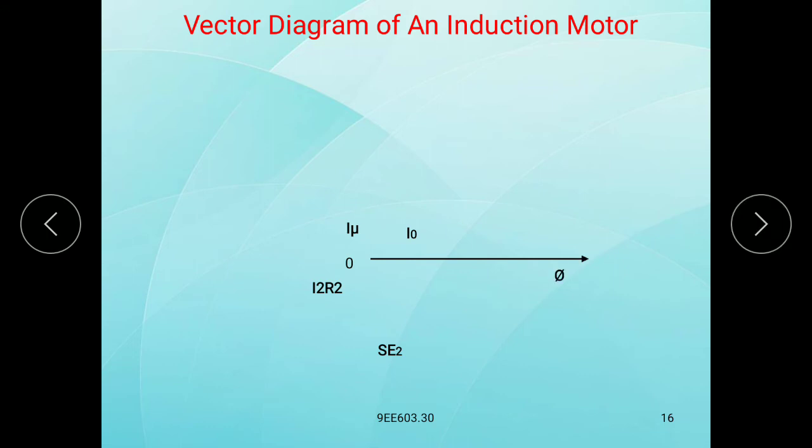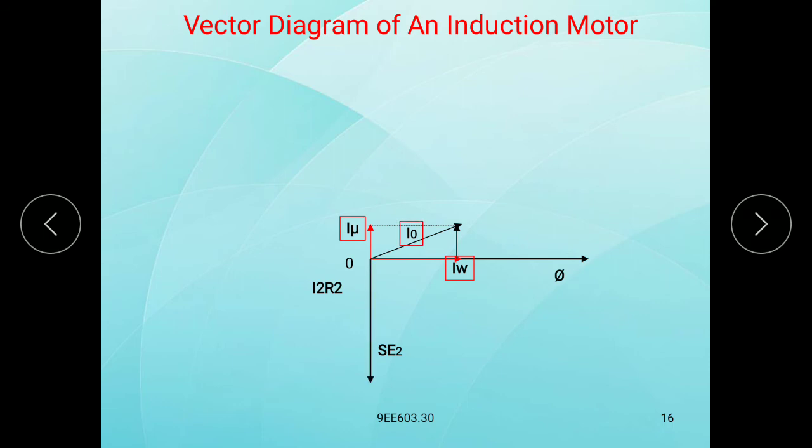First the flux is drawn, then IW. Flux and the working component of current are both in phase. IW and I mu give the I naught. This is the I naught current. IW and I mu give the I naught. Now with I naught drawn,